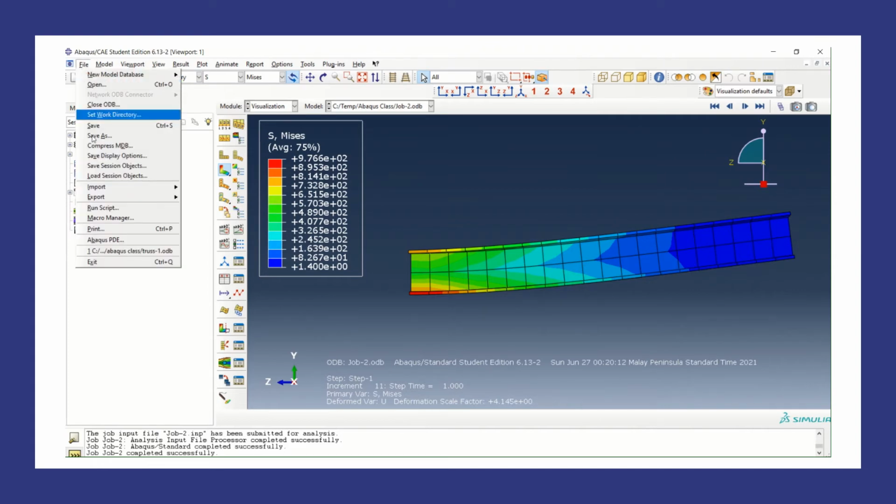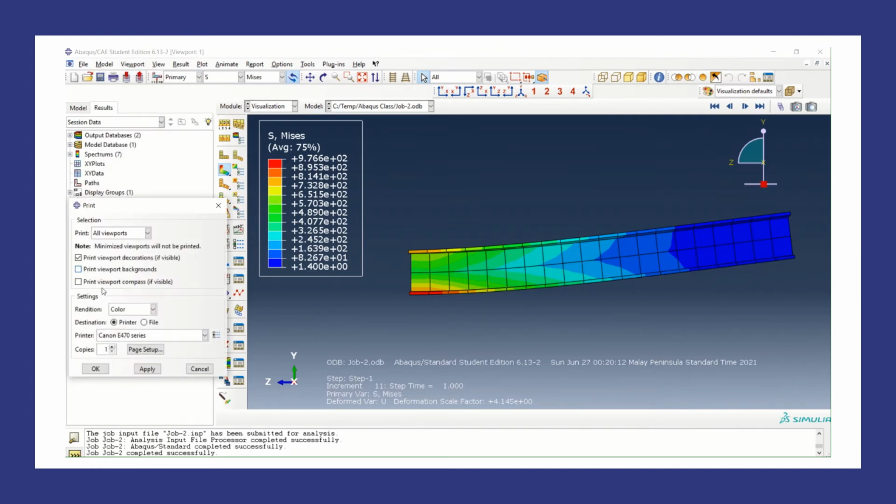So you go to File and then click Print. Instead of printing, you can just choose this one, print viewport decoration, so that we don't include the background which gives you not so clear result. Okay, so we would like to have a white background, so just click the first one, and then we can choose the format. For example, in this case I would like to use PNG, or TIFF is also possible,